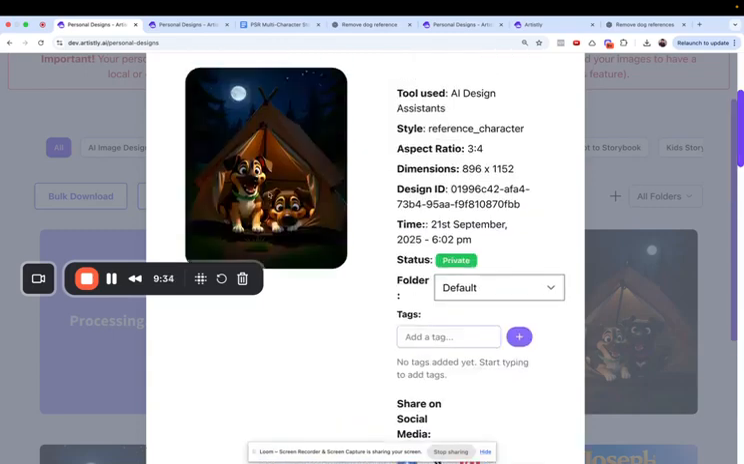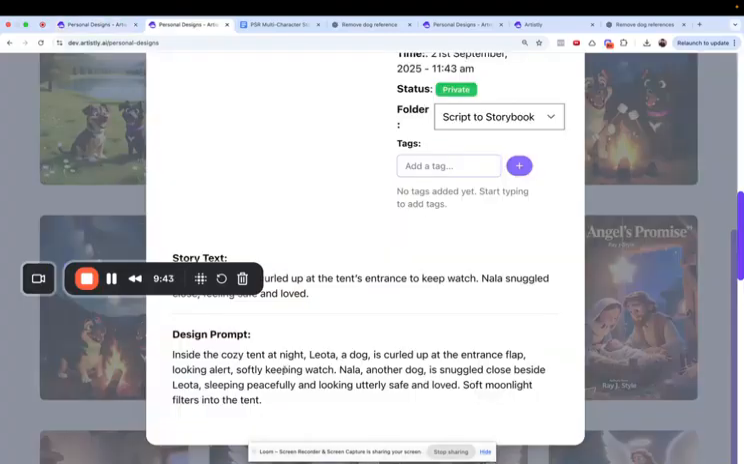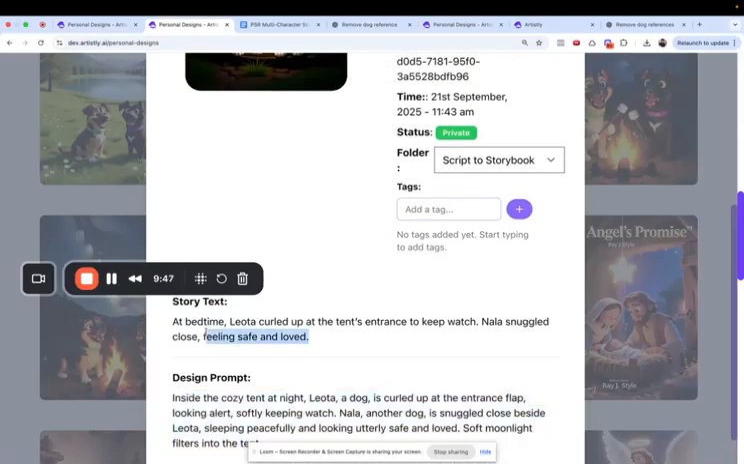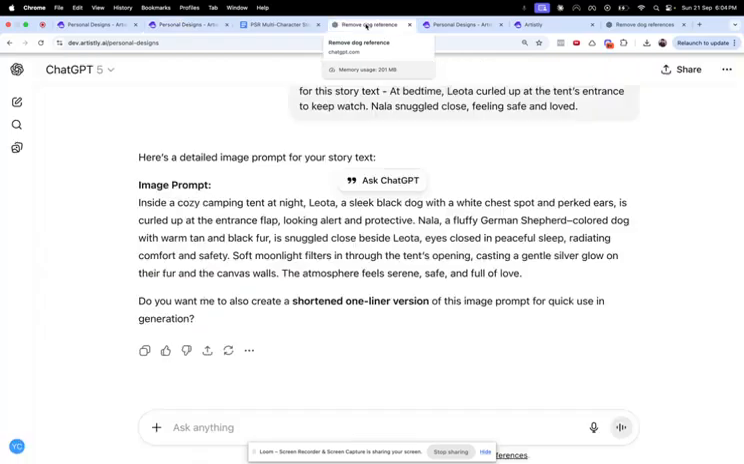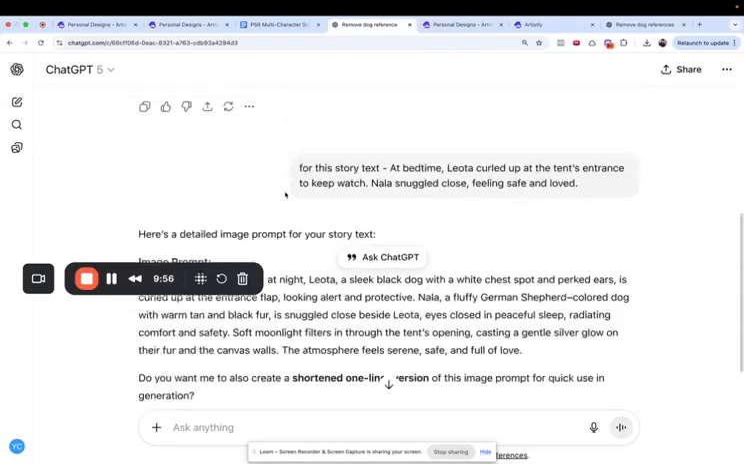It is okay. AI sometimes hallucinates. It is completely okay. No need to worry, no need to panic, because now you can customize. You can take this initial design prompt, take the story text, and ask ChatGPT, or Grok or Gemini, whichever AI you use, and say, hey,